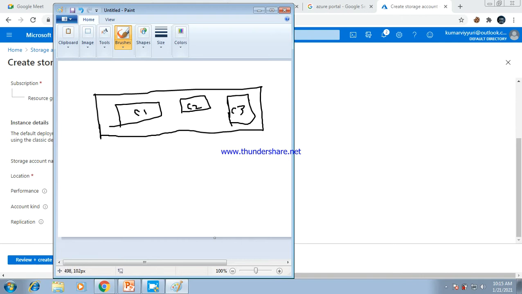Okay, copy 1, copy 2, copy 3, you can get in here. Once you can create an LRS, what happens? If this server, this data center, this physical server has a problem, you can get the data from the copy. For that redundancy purpose, we are using replications.